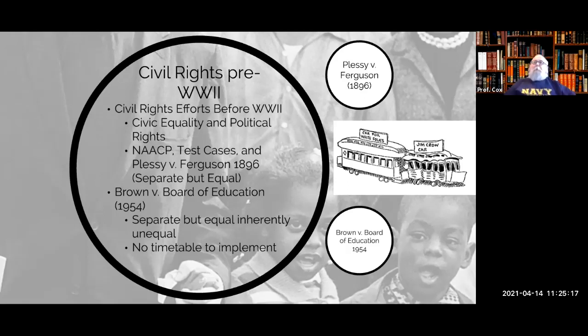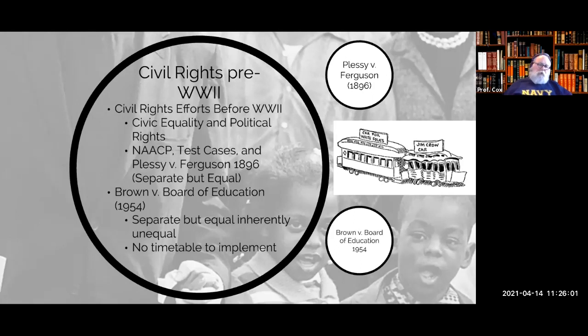And this was the case with, I can't remember the name of the guy. His last name was Brown, Mr. Brown, right? But anyway, Mr. Brown had a daughter that he wanted to enroll in the public school, and they told him that he had to enroll her in a school that was farther away from where he lived than the nearest white school. So he attempted to enroll his daughter in the white school and was denied. And at that point, he sued the Board of Education, and that worked its way up through the Supreme Court